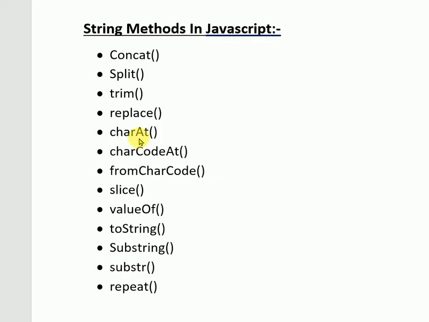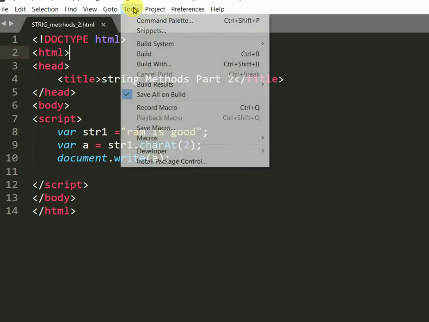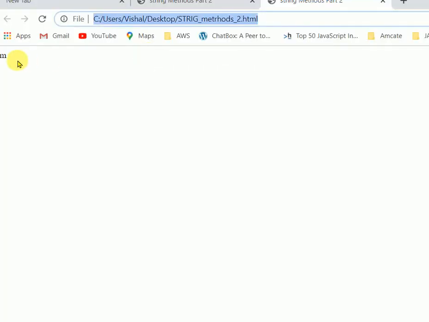We move on to our next method, charAt. In this charAt method we pass a value like a position. We pass 2, so it will return m, because m is at the second position: 0, 1, 2. So here we got m.